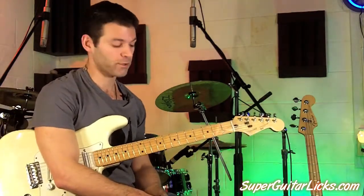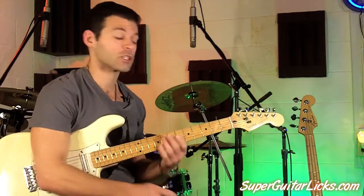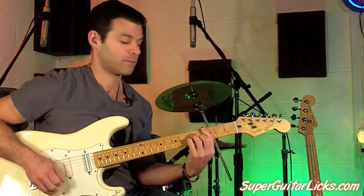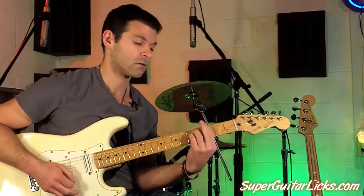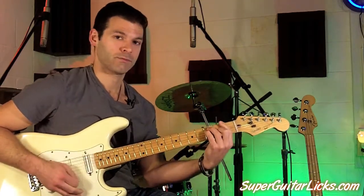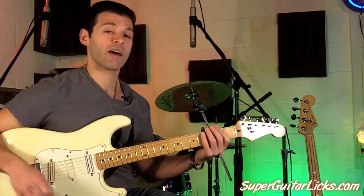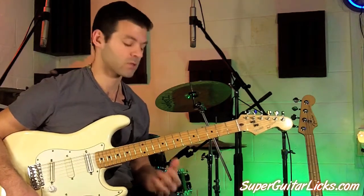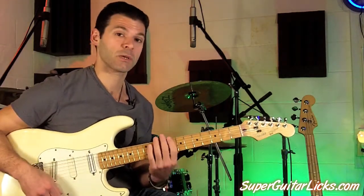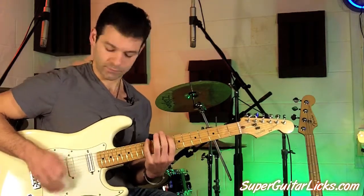So this one is really fun because it follows the chords that are happening. The chord progression is going C minor to E flat major to G minor to F major. Now the licks themselves are actually still based off of pentatonic shapes. The first one is pretty simple. If you were to play the minor pentatonic scale at the 8th fret,